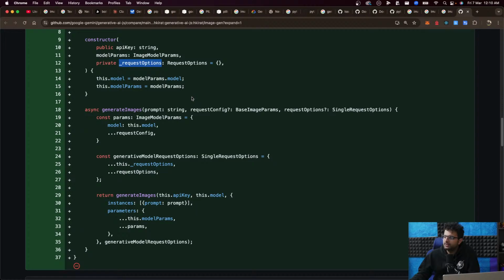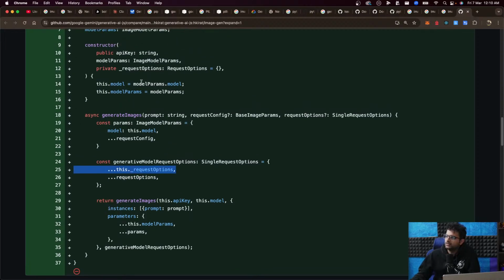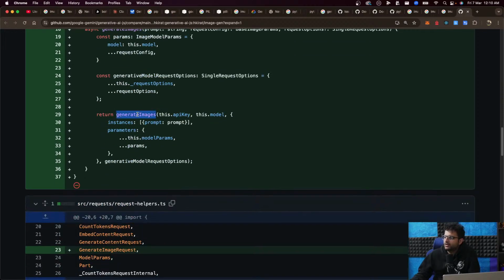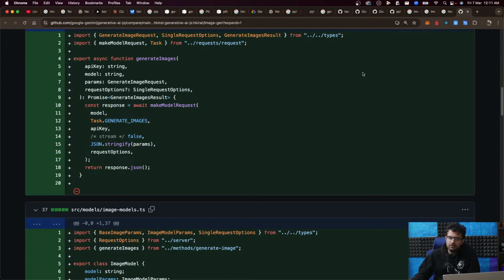So if they specified something here and then overrode something here, this is what we will use. And the same thing is true for these fetch config. Whatever they specified here gets second priority. Whatever they specify here gets first priority. I guess these are just merging. This is a single request option, which is something else. So yeah, actually, sorry, I take my words back. This also overrides the original request options that the user sends in the constructor. And then finally, we call the generate images function that we just saw a while back. This function right here, which forwards the request to the, not the LLM, the image generation model, gets the response, returns a JSON.